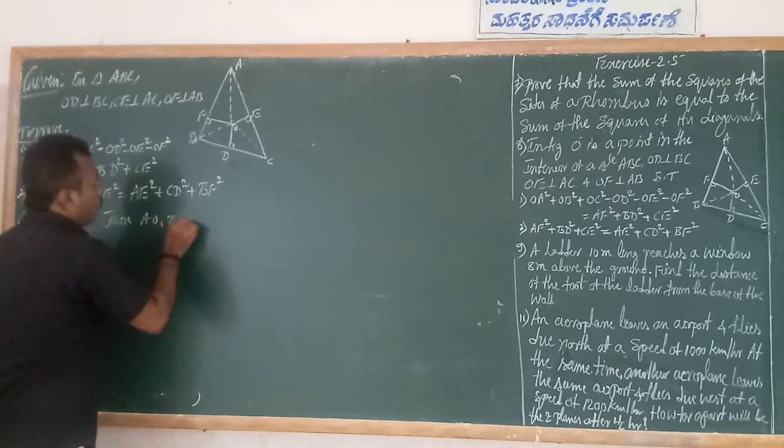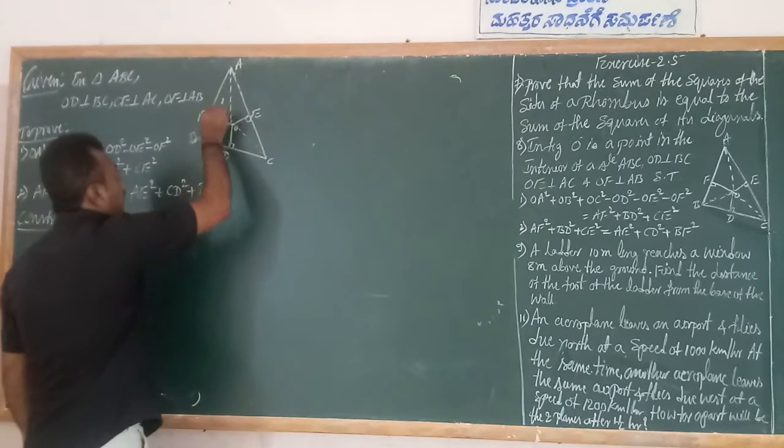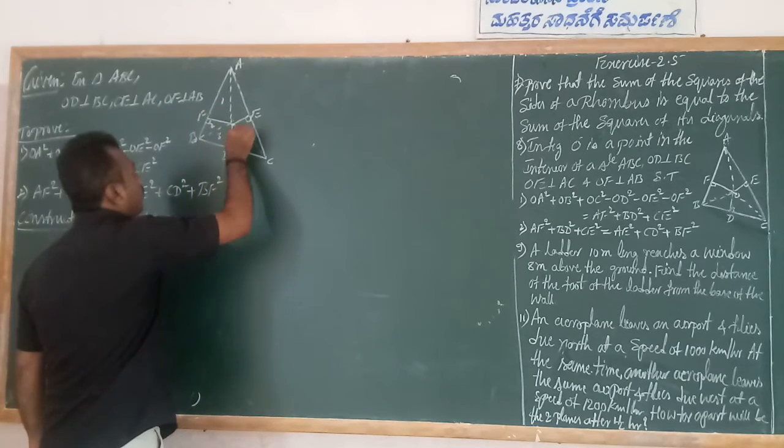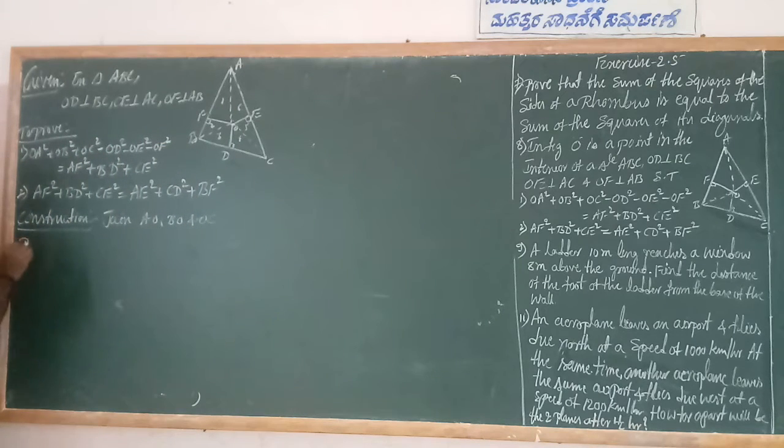Join AO, BO and OC. Now it forms 6 triangles: 1, 2, 3, 4, 5 and 6 triangles it forms. So in the proof section,